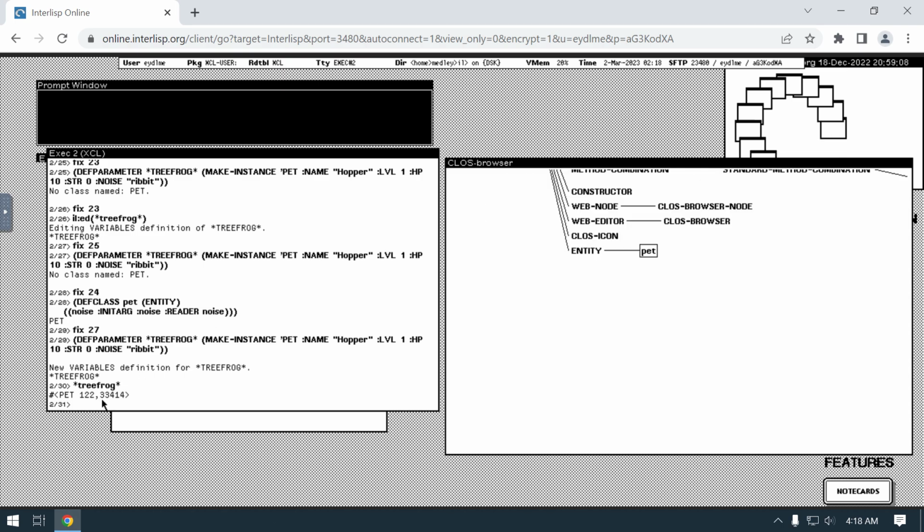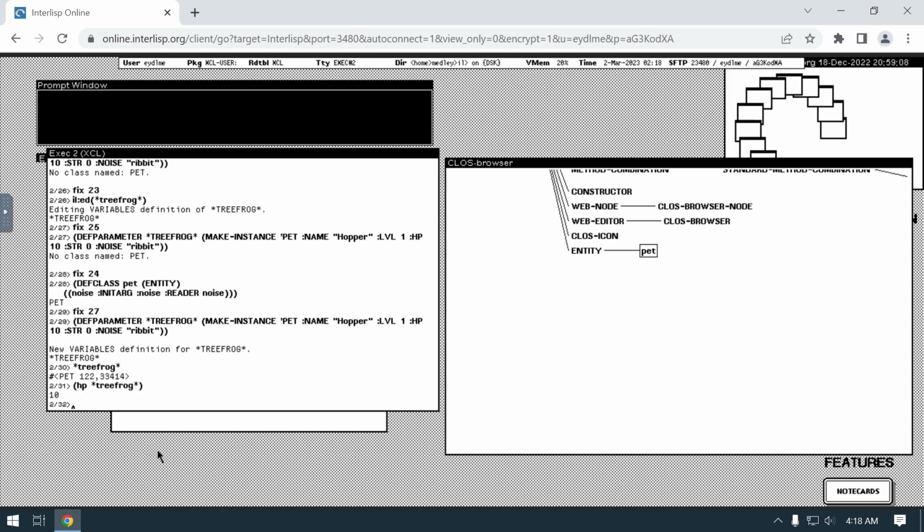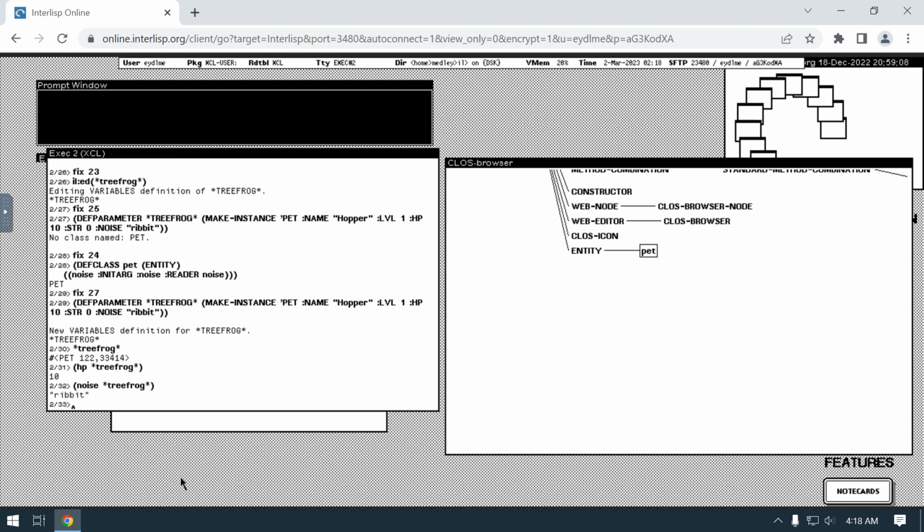So now I should be able to say HP tree frog and noise, let's say tree frog. All right, and N. Now the question is, this is an ANSI Common Lisp, this is around the Common Lisp Language 1 book. And I don't know, is loop in there? So loop for X and